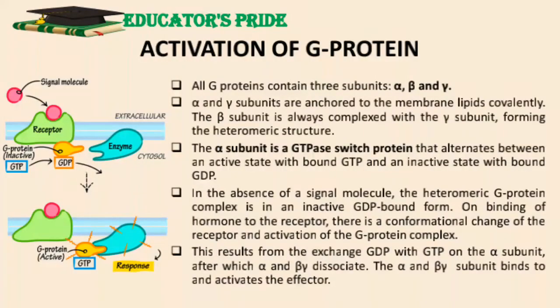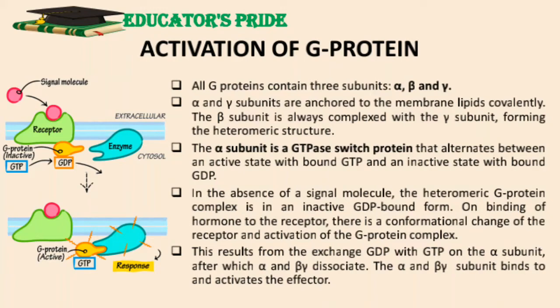Now, the activation of G proteins. All G proteins contain three subunits: alpha, beta, and gamma. The alpha and gamma subunits of G proteins are anchored to the membrane lipids covalently. The beta subunit is always complexed with the gamma subunit, forming the heterodimeric structure G beta gamma. The alpha subunit is a GTP switch protein that alternates between an active state with bound GTP and an inactive